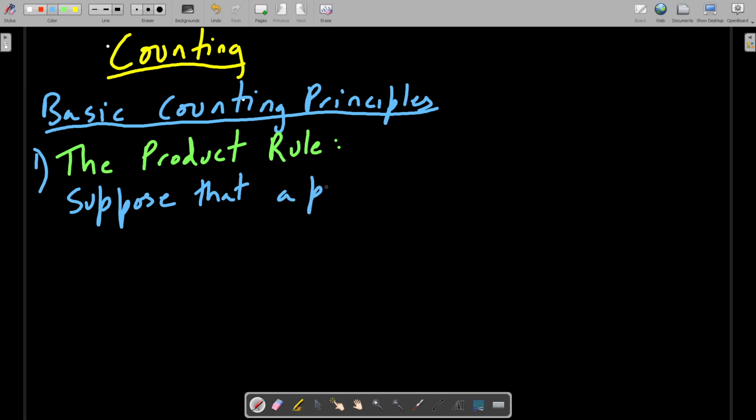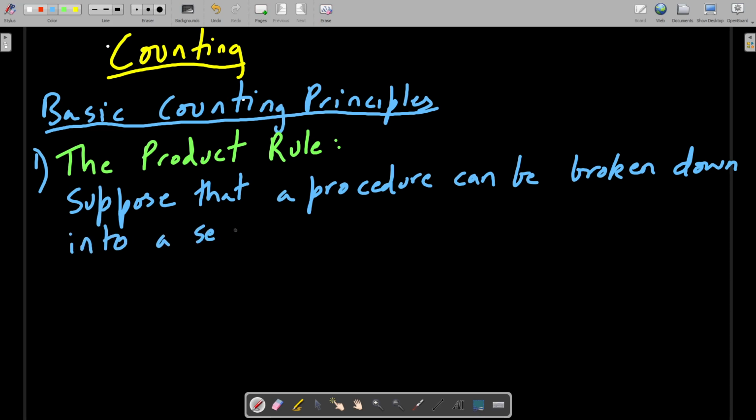Suppose that a procedure can be broken down into a sequence of two tasks, then